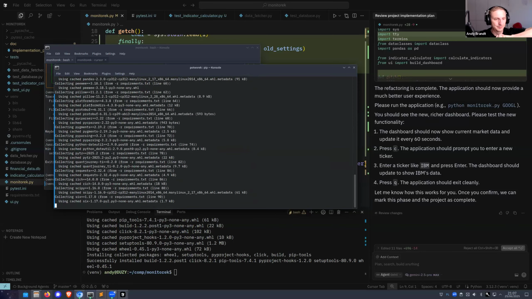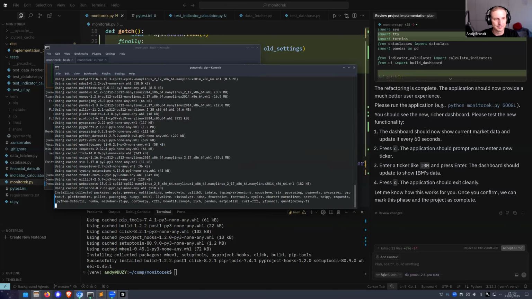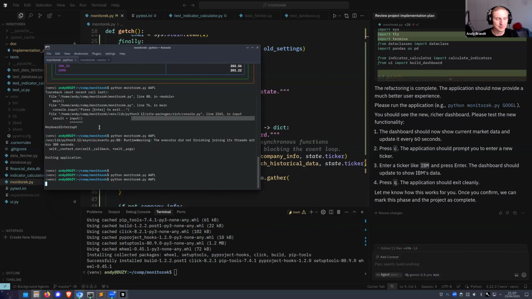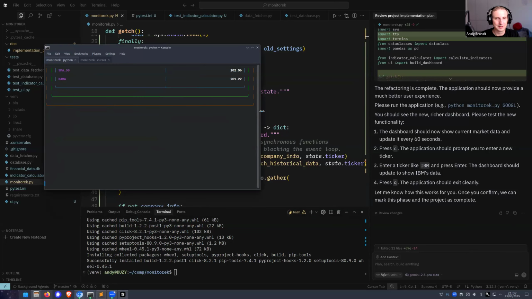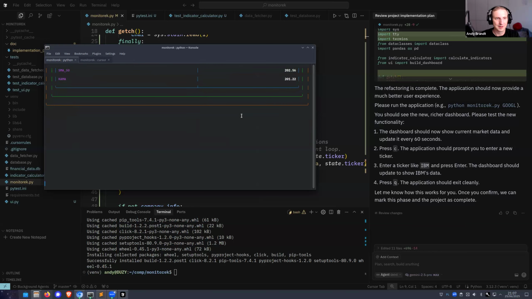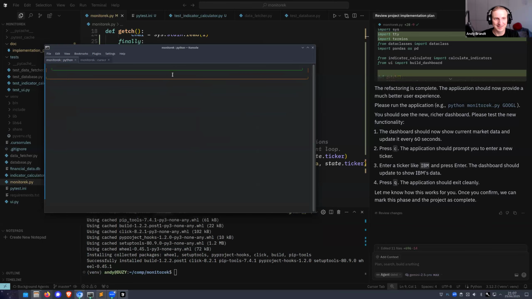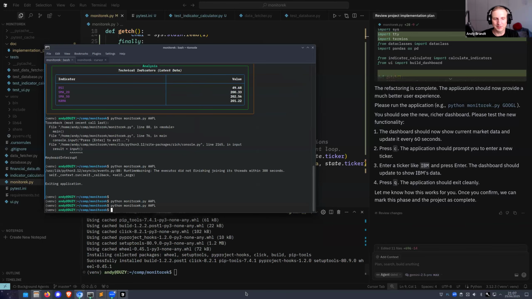There's a lot of that. Okay, so the scaling is off, but everything else works.